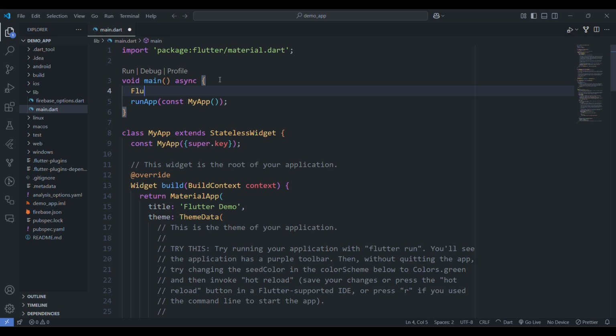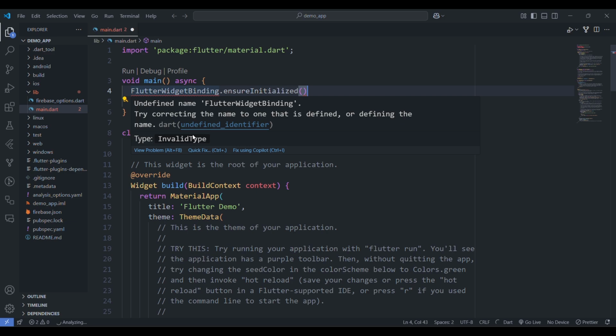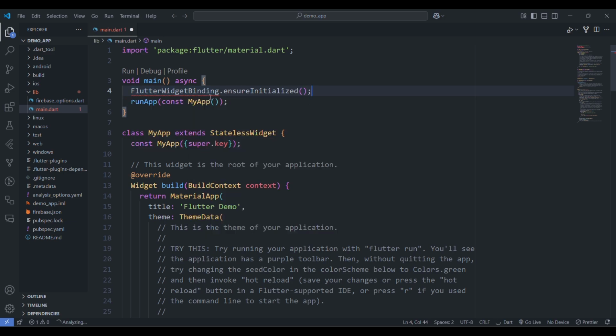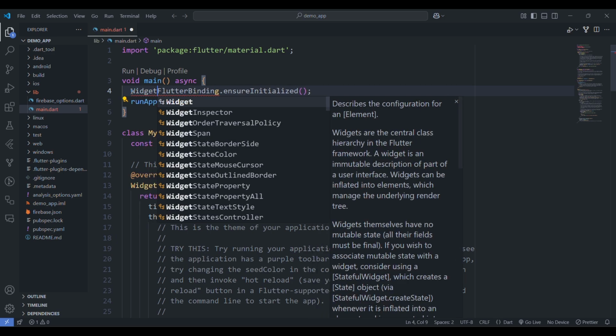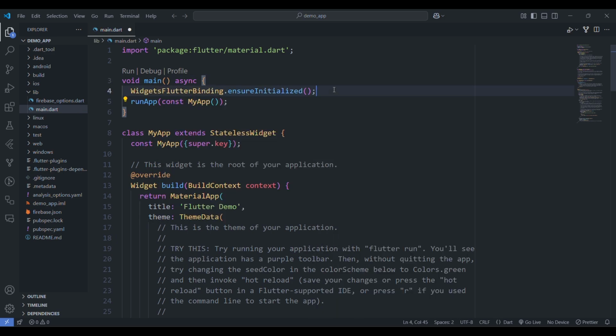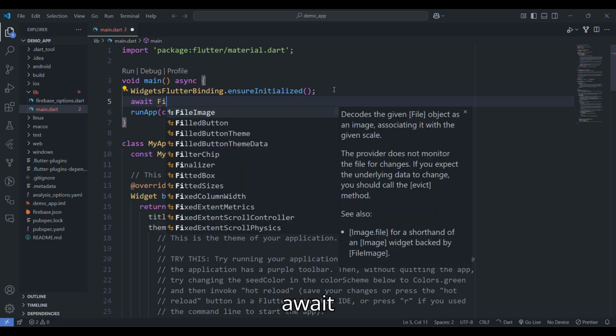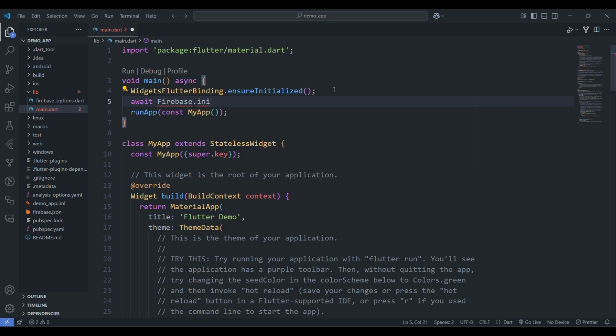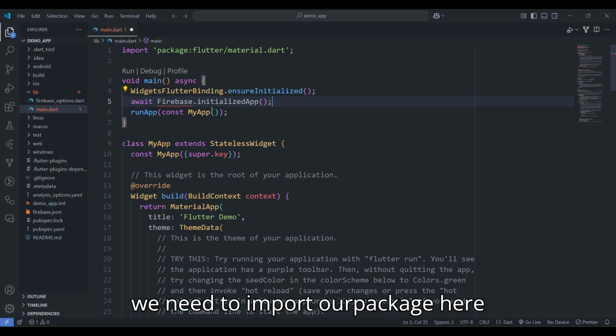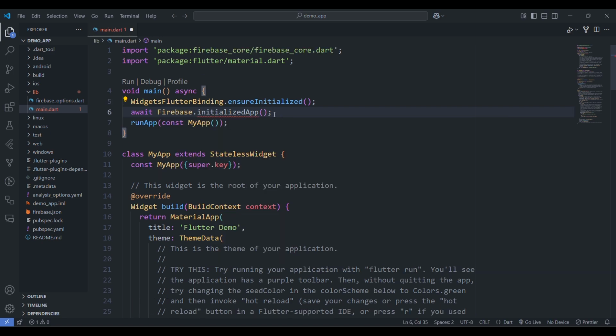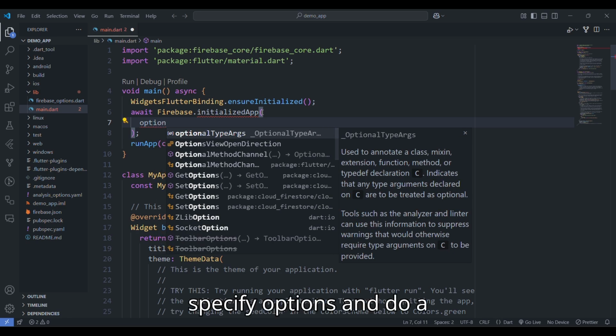So WidgetsFlutterBinding.ensureInitialized(). Exactly, and then the next is await Firebase.initializeApp, and then we need to import our package here, and then we also need to specify options,